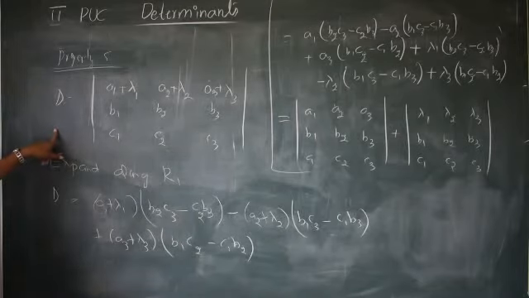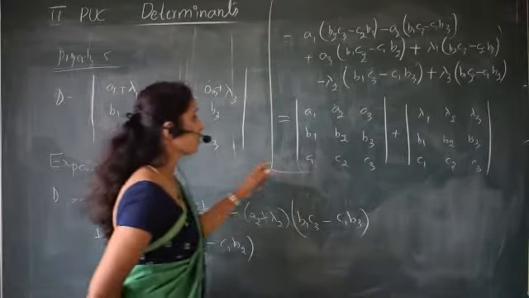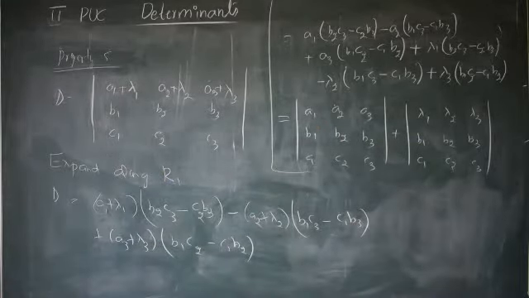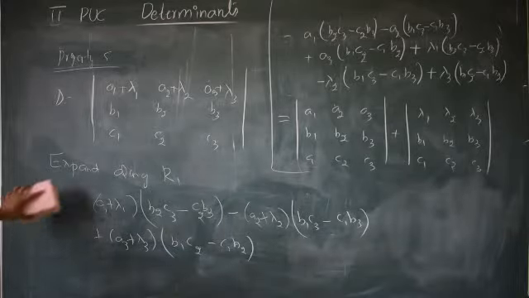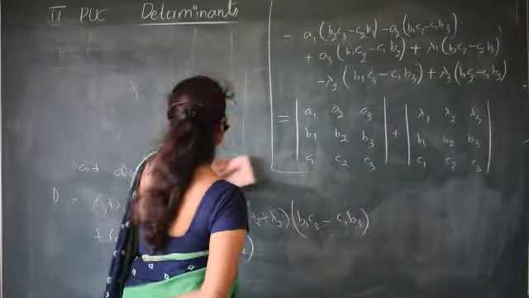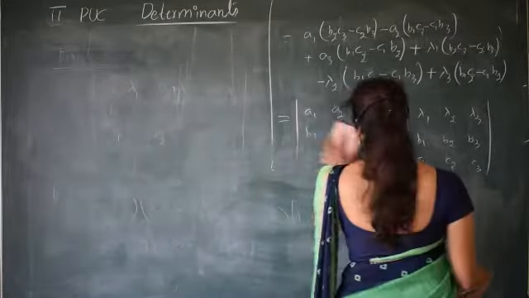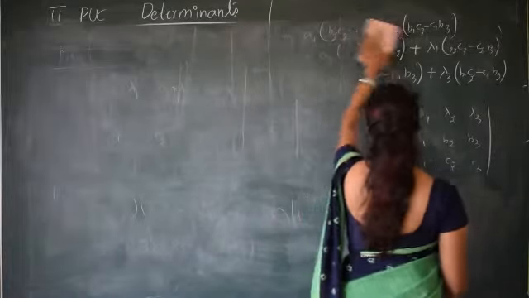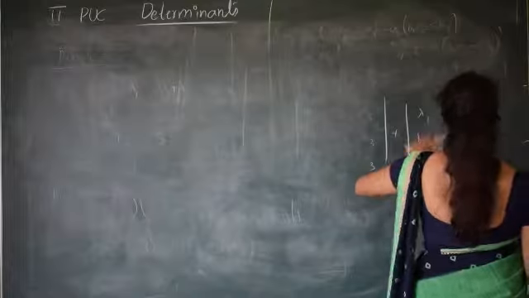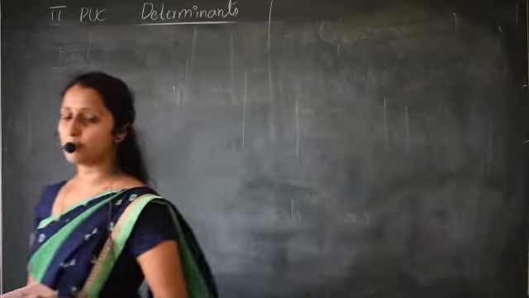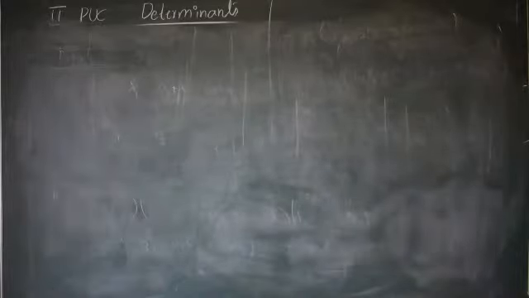So I have taken determinant delta like this. The first row is the sum of two terms. So finally after simplification we got a sum of two determinants. So this is property number 5, it can be expressed as a sum of two terms. For example, suppose the first term is expressed as x plus y, y plus z, then we can write that as two determinants. That is the use of this property. I will not give any example for that.